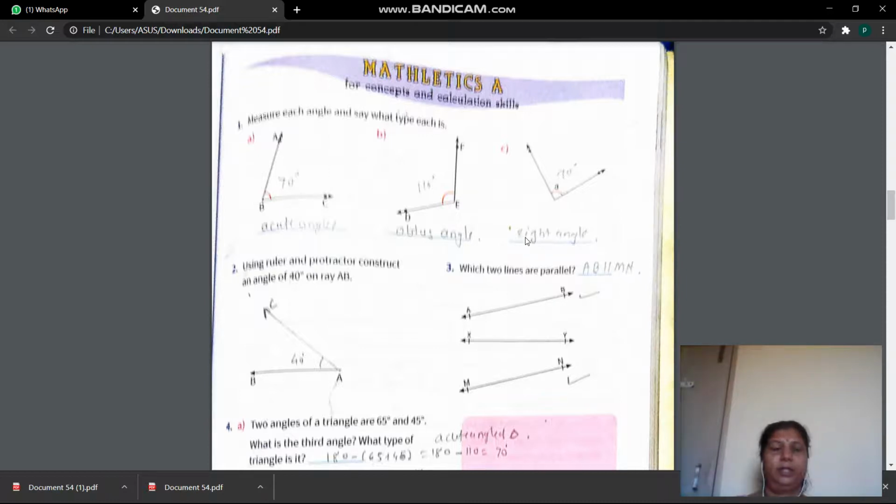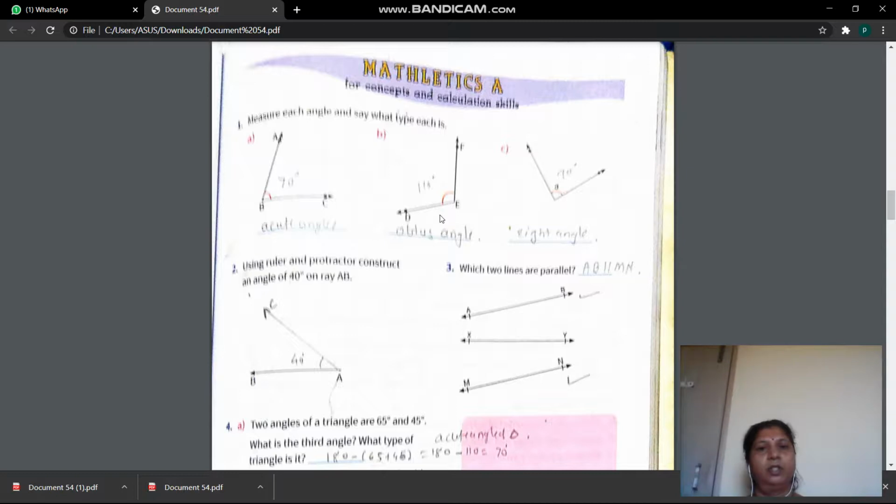With the help of a protractor you have to measure this angle. Now is this clockwise or anti-clockwise? See, it moves from right to left. So you have to take the anti-clockwise measurement. Okay, and measure it. Don't write as ma'am has written here, 70 degrees. You have to measure it with the help of a protractor. Get it? So by measurement it is 70 degrees. Can anyone tell me which type of angle it is? It is an acute angle, as it is less than 90 degrees. Now next.